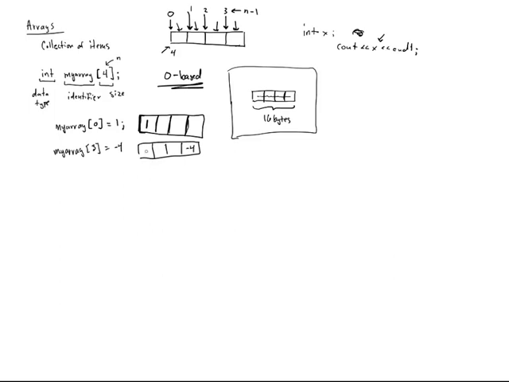We have -4 over here, and we have 1 there. Okay, so now one caveat that you are going to need to understand is that in C++, arrays are not bounds checked. And so what that means is when you write code like this, the C++ compiler is not going to tell you that what you have done is wrong. So even though we know that we've declared my array as a size of 4,